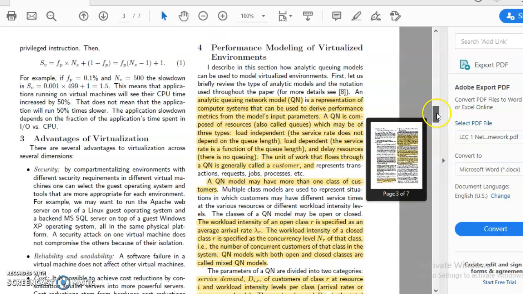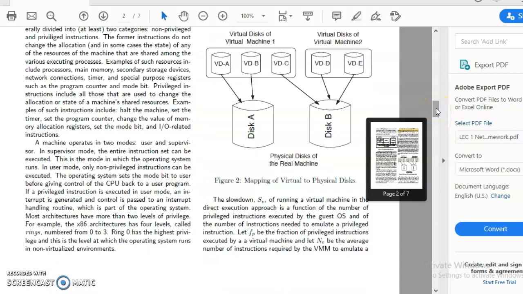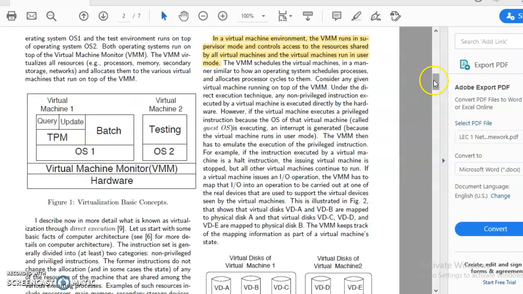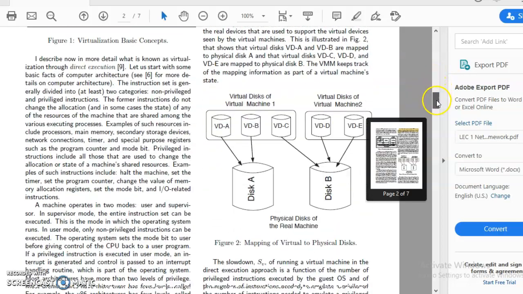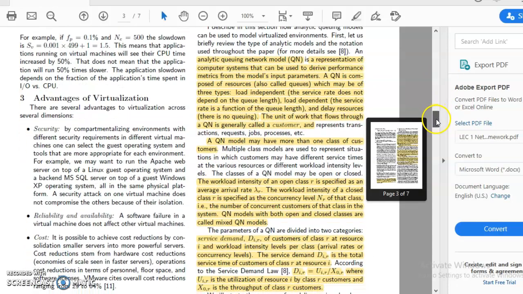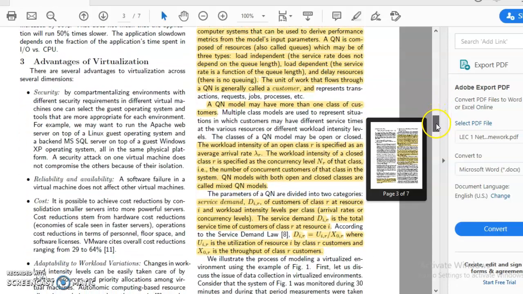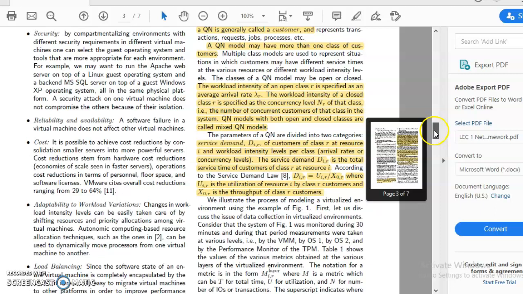By now, I think you must have understood what virtualization is, how we get it by the virtual machine manager, the VMM layer, the virtual machine monitor, and what it helps in. It helps in the sharing of resources, reduced cost, reliability, availability, adaptability, load balancing,